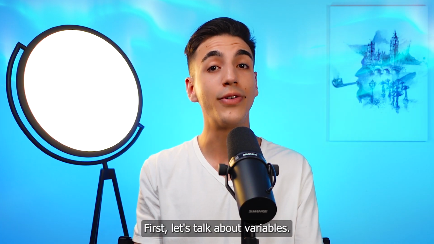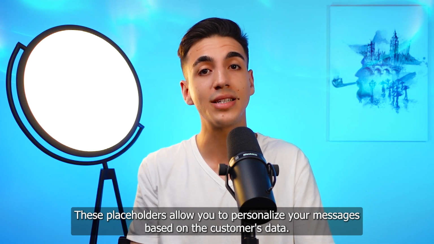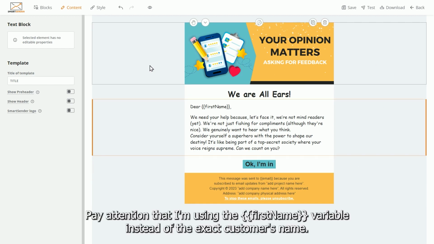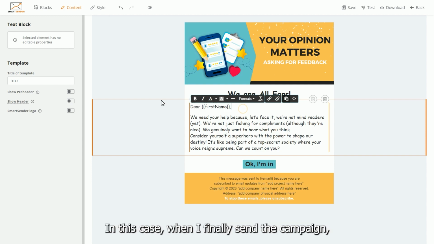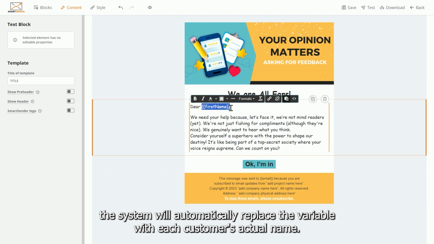First, let's talk about variables. These placeholders allow you to personalize your messages based on the customer's data. Here you can see an email template that I've prepared beforehand. Pay attention that I'm using the first name variable instead of the exact customer's name. In this case, when I finally send the campaign, the system will automatically replace the variable with each customer's actual